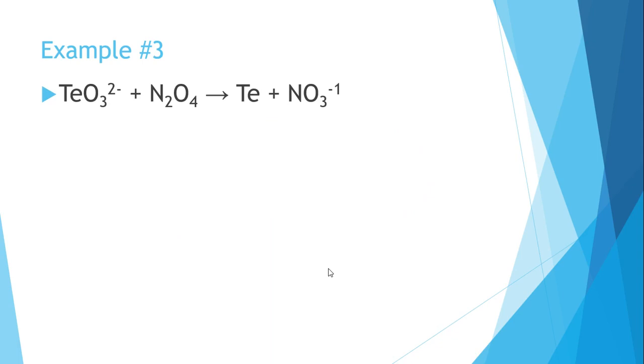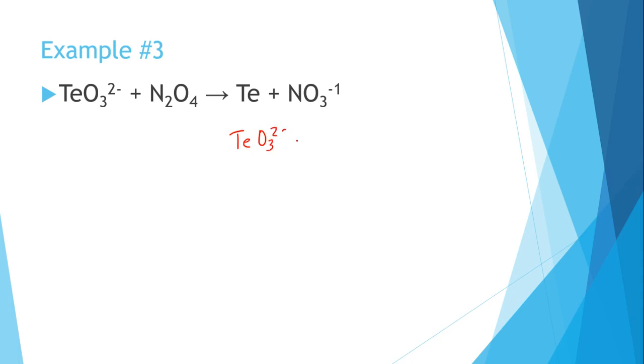Last but not least, we do have example number 3. Here we have TeO3 2 negative reacting with dinitrogen tetraoxide, yielding tellurium and nitrate. We're going to split these into their two half reactions. So we have